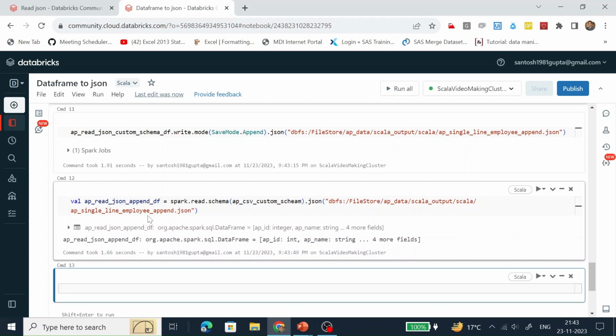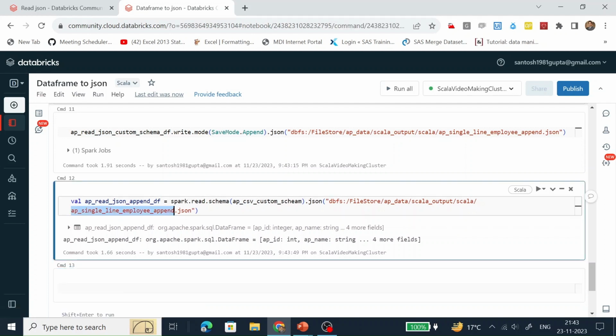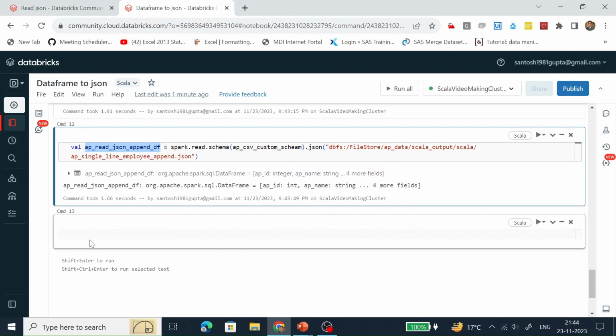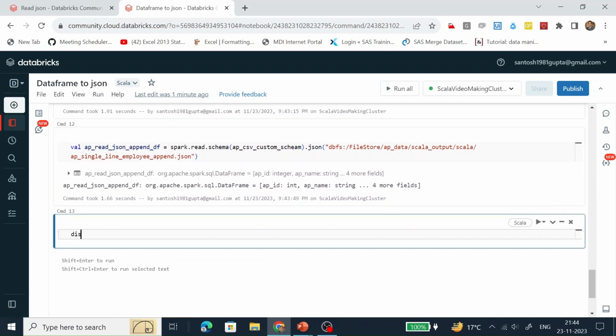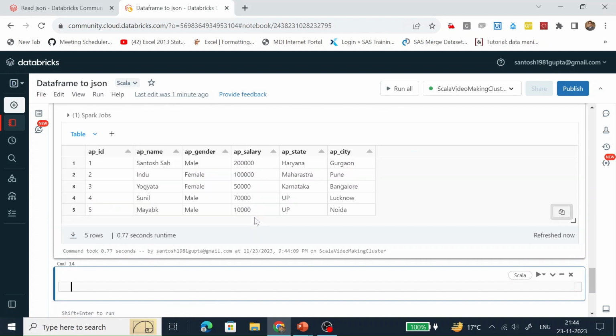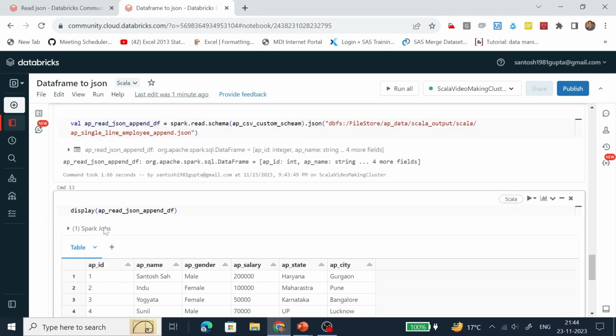This JSON document has been read successfully and created this data frame. Let's display the content of this data frame. We can see it has 5 records.